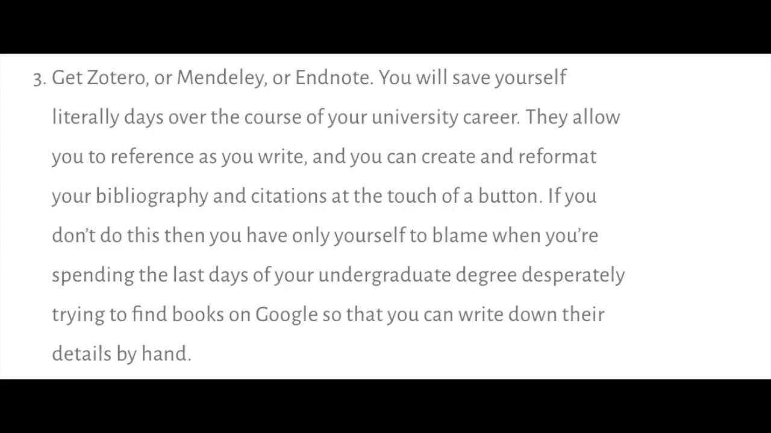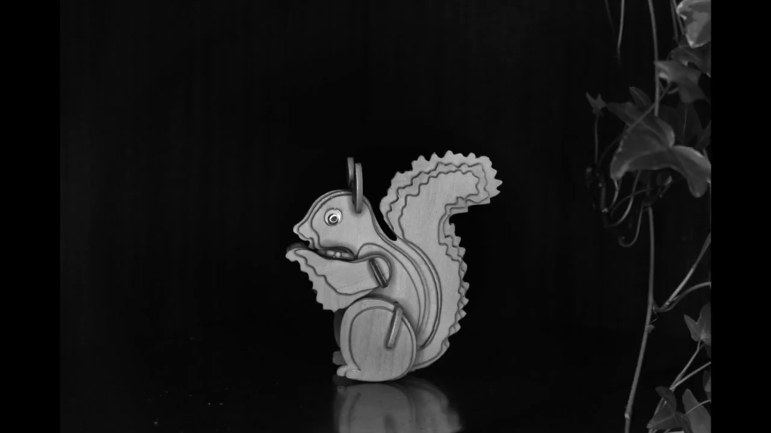You should also get referencing software. I use Zotero, which is free. You can also use Mendeley or EndNote. You will save yourself literally days over the course of your university career. They allow you to reference as you write, and you can create and reformat your bibliography and citations at the touch of a button. If you don't do this, then you really only have yourself to blame when you're spending the last days of your undergraduate degree desperately trying to find books on Google so that you can write down